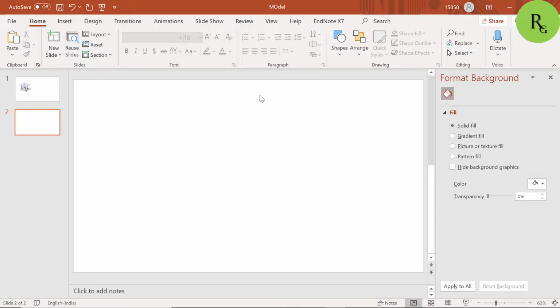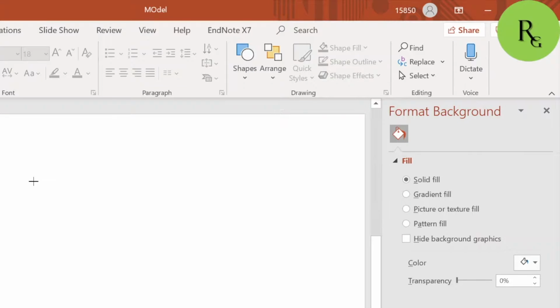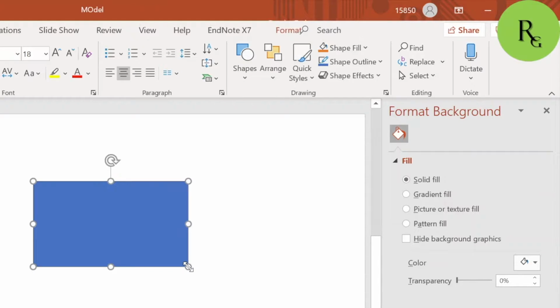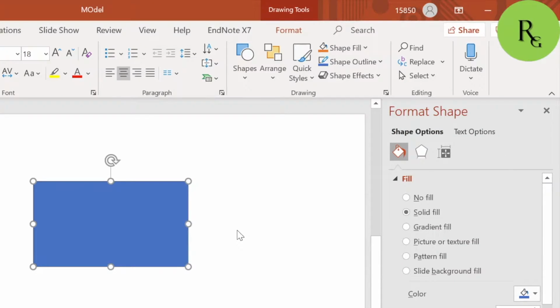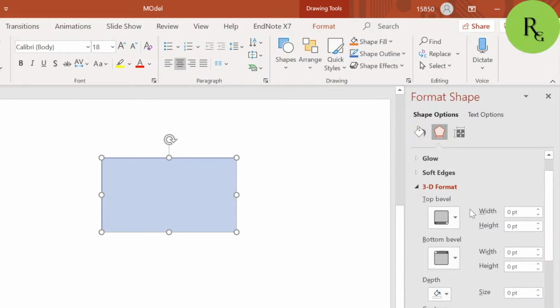So to prepare such a model, first what I have to do is to take a shape, a rectangular shape for the glass, and then because I need some transparency, from the Format Shape I will go here to the transparency and let's make it around 60%. You can choose accordingly what you need. And then after, because we have to prepare a 3D model, we will choose some width for this one. I don't want much height,